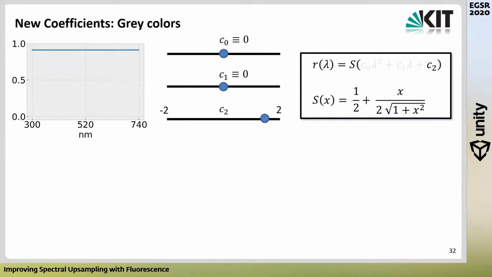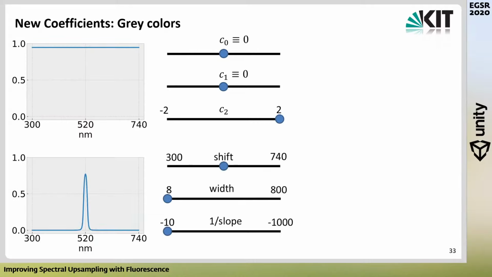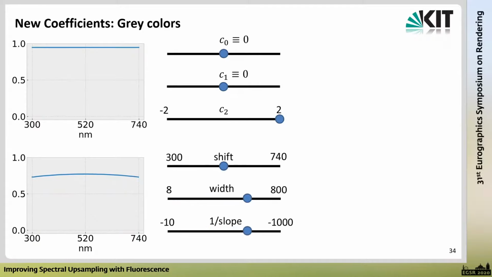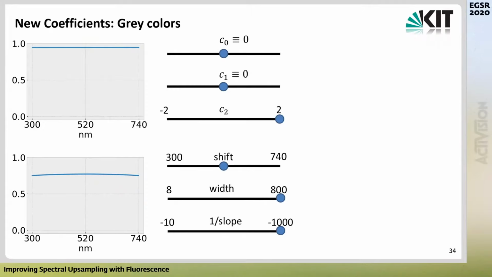Although, again, linearly changing C2 does not necessarily result in a linear change in the spectrum or its brightness. Now, with our new parameterization, defining gray spectra is actually a bit more complex, but we can still do it by keeping the shift constant and simultaneously increasing the width and inversely decreasing the slope. So, while we can't produce a perfectly constant spectrum, we can get extremely flat curves which basically result in the same gray color. However, in order to define such colors, we need quite extreme values, which can cause issues with